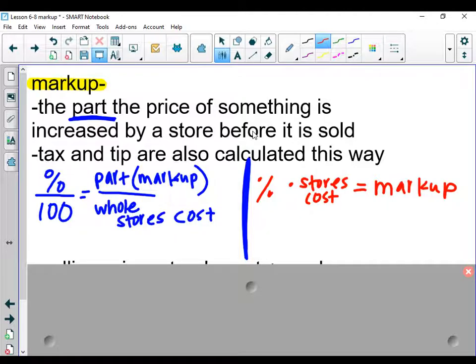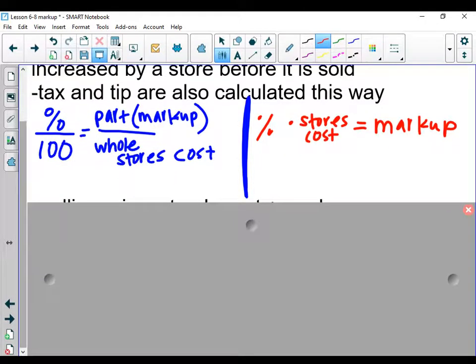And then there's actually a part 2. So I'm just going to make this really easy. If the store pays $10 for a shirt to sell it in their store, they can't sell it to me for $10 because they won't make a profit and then their store will close. They need to mark it up a certain percent, 10%, 20%, maybe 50%. So if they buy it for 10 and they mark it up 50%,